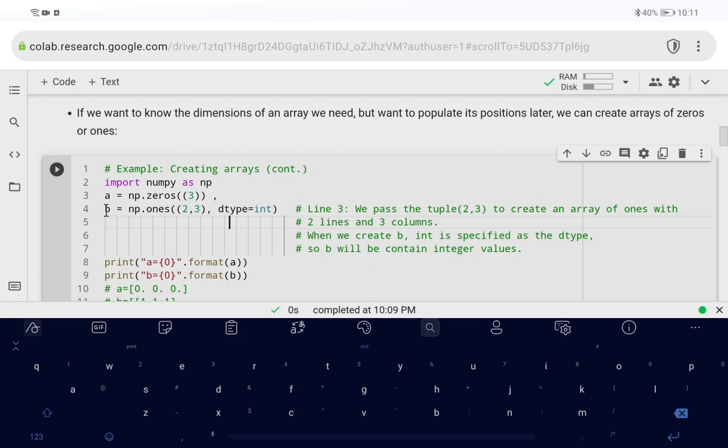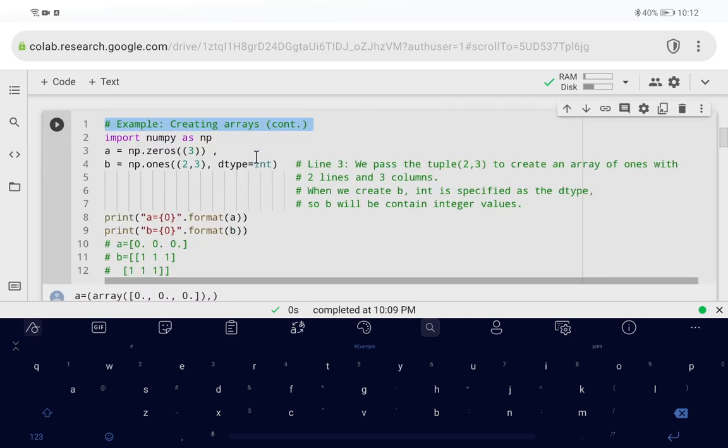So this is something new, line number 4. It's line number 3 because previously in the example in the book, this headliner here did not exist. I just added it so that we have a clear picture of what the code block is about. So this code block is about creating arrays, continued from the previous code block. Okay, so in this line number 4,